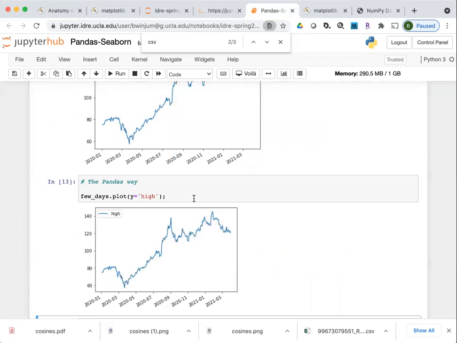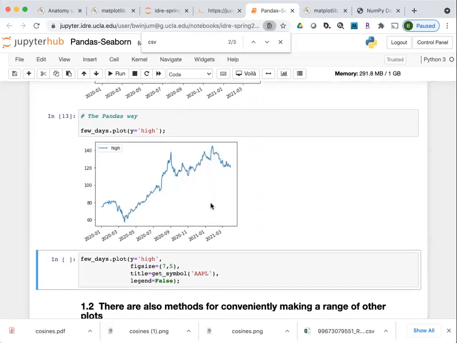When I execute this, it generates the graphic, where it's assumed that I want to use the index of the data frame, which here is the dates, as the horizontal axis. So now with pandas, I'm not necessarily interacting with the Matplotlib submodule or figure and axes objects. I'm doing this purely with the method that's a part of the data frame object.